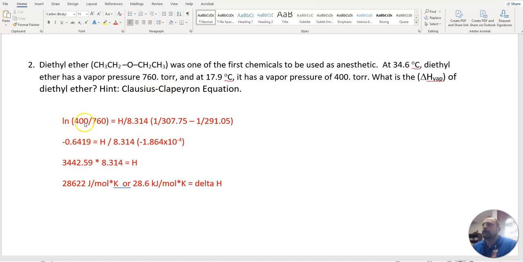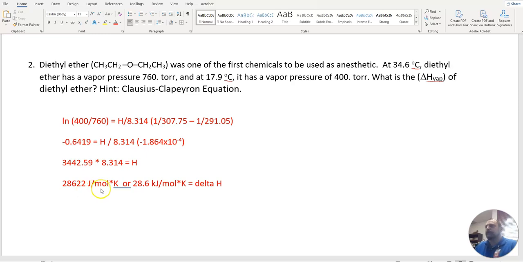So I'm using the Clapeyron again. So I've got the pressures they gave me. I've got R, and I need to make sure that I've got my temperatures in Kelvin. I'm solving for H, and H needs to be in joules when I get done with this, but I will also go and get into kilojoules. So I'll type this into my calculator, and then I'm going to divide both sides by this 1.86, and then I'm going to multiply both sides by 8.314. So